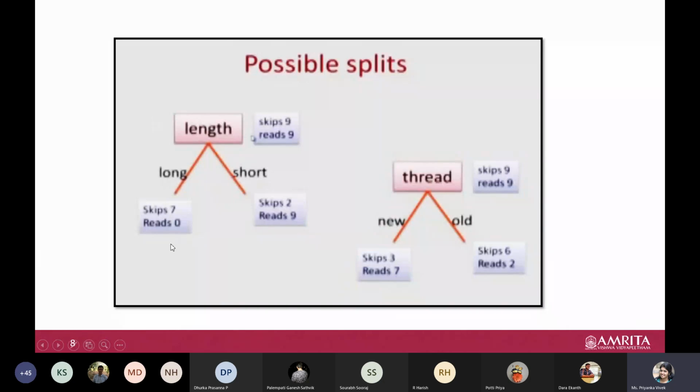We even had discussions where one of you said that it is splitting equally. Maybe in our interest, it is not so interesting in a decision tree. We'll have some more discussion on that, so you will get to know why it is not so interesting for us. One obvious reason here could be that if you consider this length split, it is actually reaching a leaf node, where all the instances belong to the same class. So at just the first branch itself, we are able to reach a leaf node.